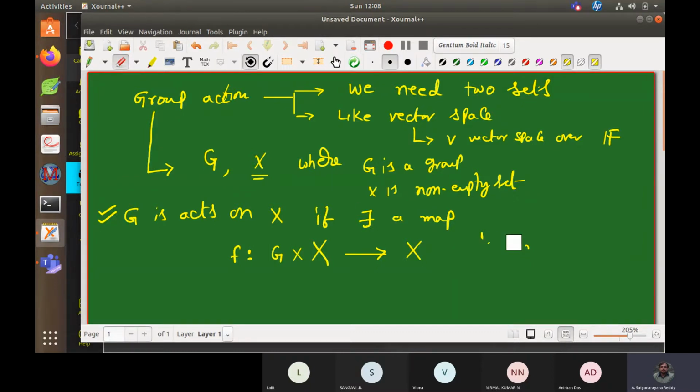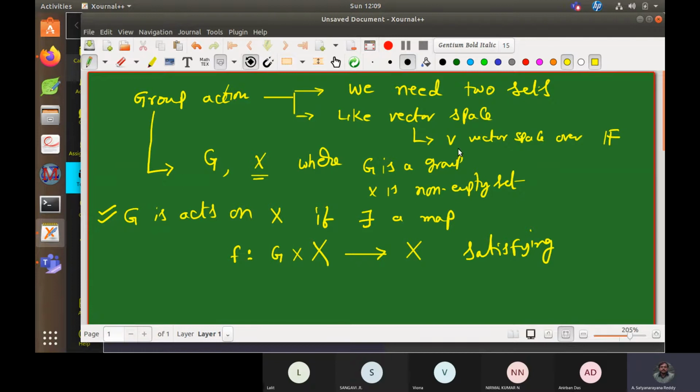a few conditions. Like, again recall that V is a vector space over F. There is some map, right? Can you recall the map like this? Any one of you? Scalar multiplication. It is a map from where to where? F cross V to V. Like that, here G cross X to X. So we can always think in the background that F is acting on V. If you have something that is familiar to you, that's why I'm connecting it to that.